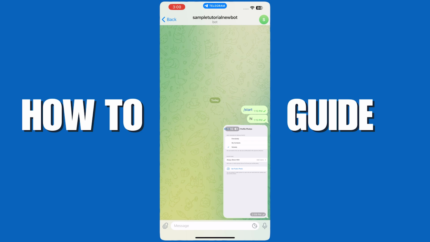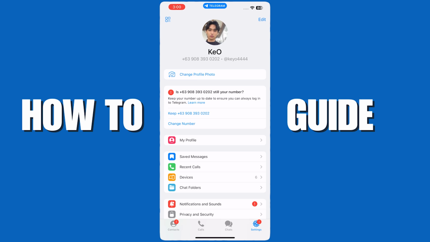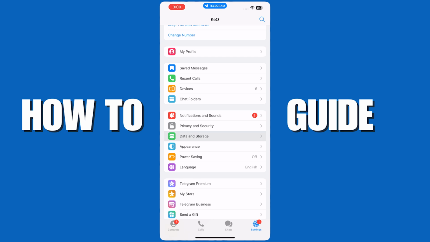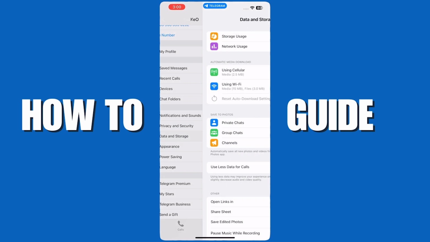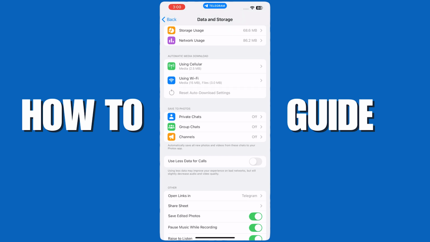Another option that you have is by pressing here on back. And then from here, you just simply want to go here into settings on the bottom right. And then here is that you would want to go into the data and storage, which is right here. Tap on that. And then from here is that you would want to go into automatic media download, wherein you